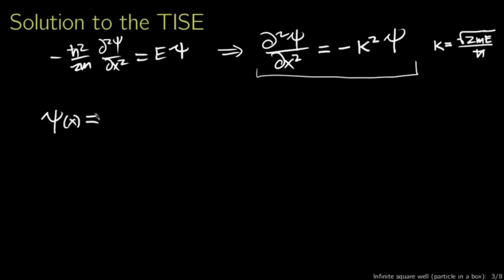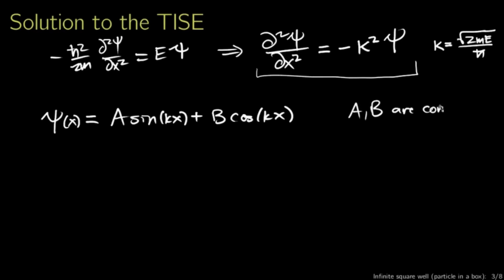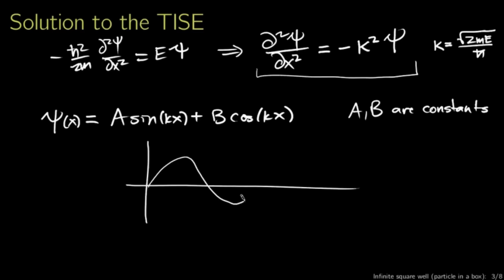Psi, as a function of x, is going to be A sine kx plus B cosine kx. And that's a general solution. A and B here are constants, to be determined by the actual scenario under which you're trying to solve this equation. This equation now, not the original Schrodinger equation. So these are our solutions. Sines and cosines. That's all well and good, but that doesn't actually tell us what the wave function is because, well,